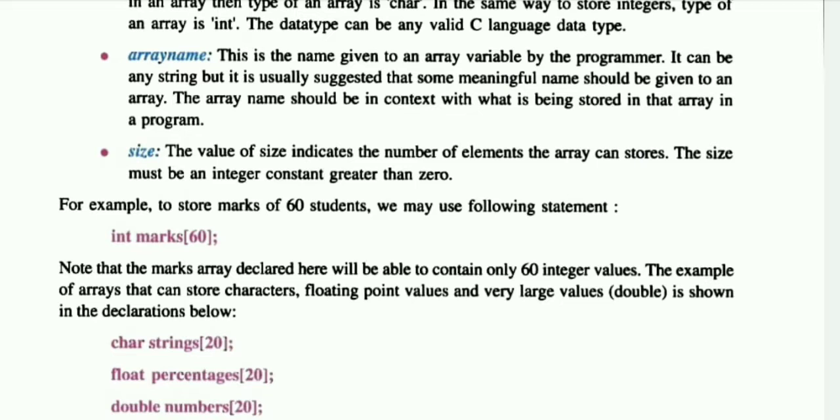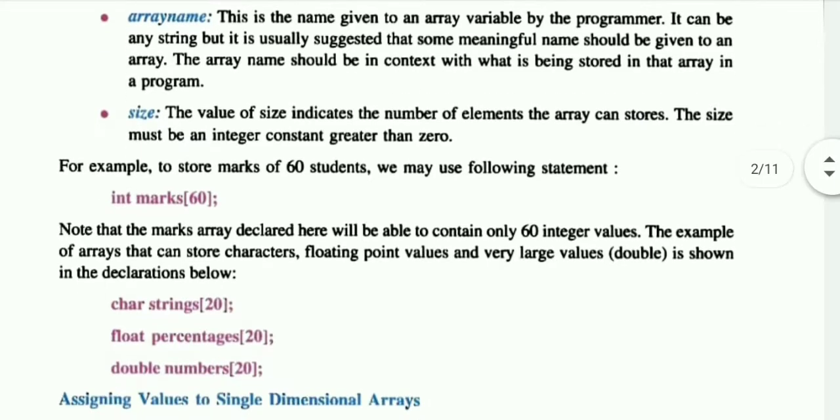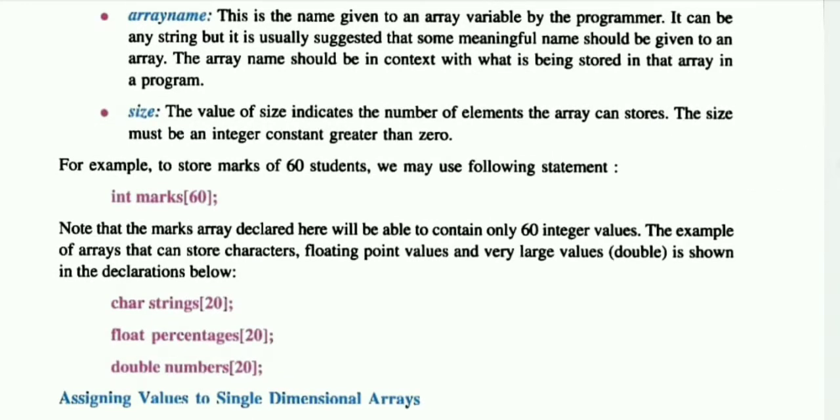How we have declared the integer variable, in the same way we can declare a character variable to store strings, a float variable and a double variable. We just have to change the data type and variable name. So first we have used character, strings and 20. This is the character array, which we have already discussed in the previous programs, because if we want to store a name, then the name contains multiple characters. So how can we store multiple characters? By using the character array, which is also known as the string data type. We have already discussed this concept.